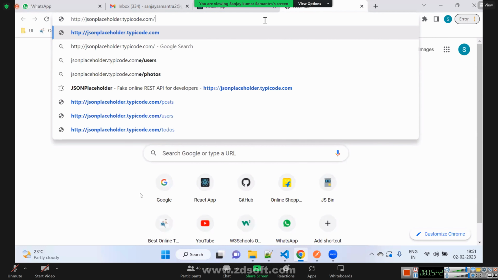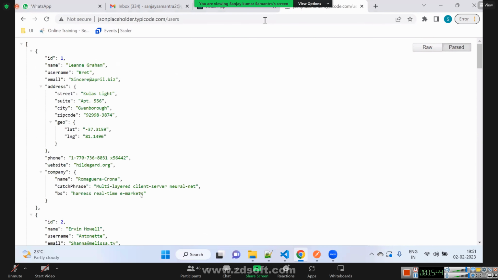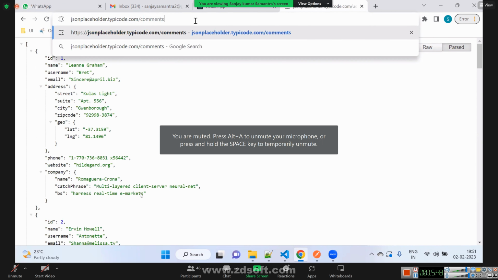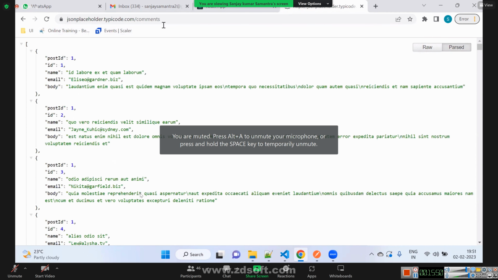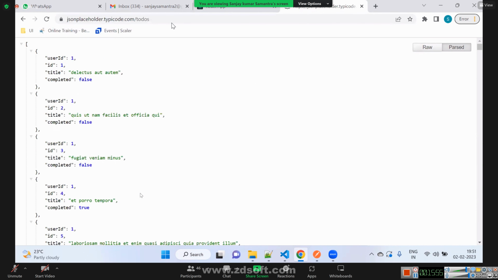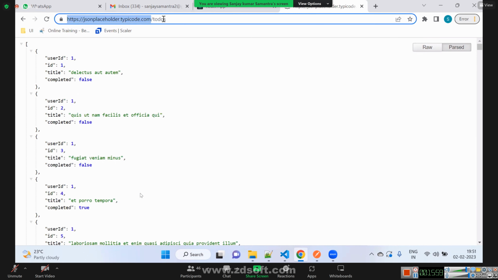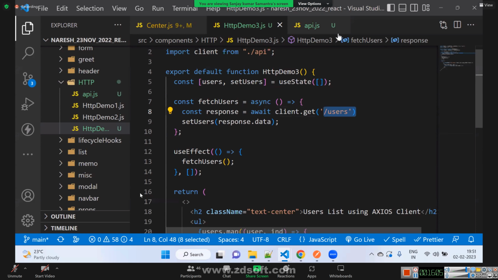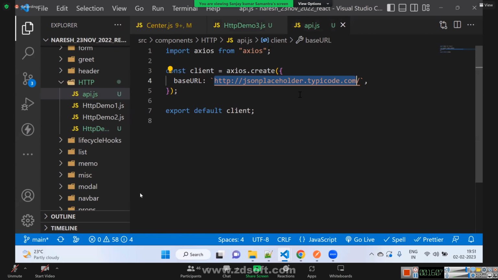In this URL, if I add users, it will give me users data. If I add comments, it will give me comments data. If I add to-dos, it will give me to-dos data, right? So this is the base URL. It is not changing. Only this part is changing. The one which is changing, we write here; the one which is not changing, we write here.